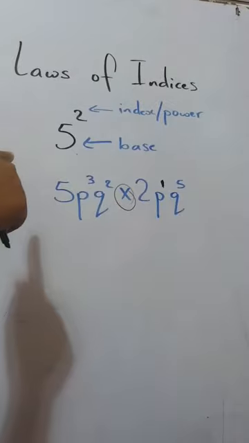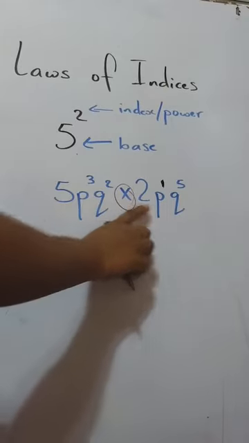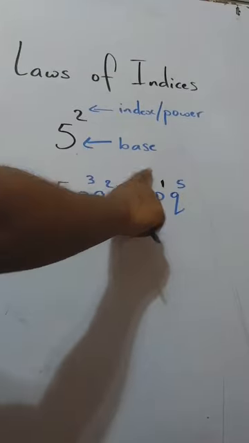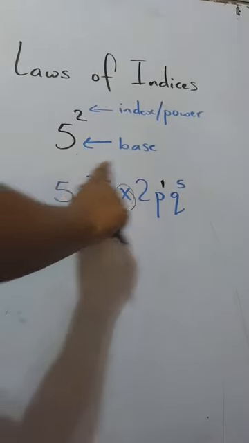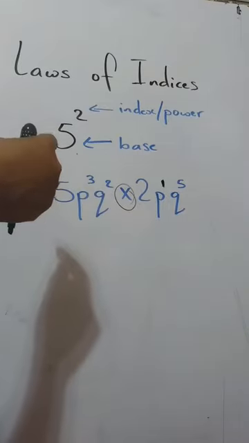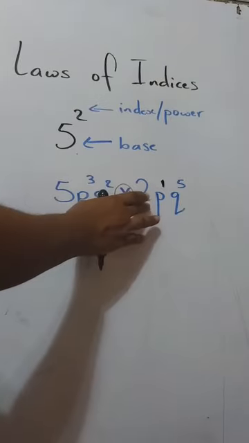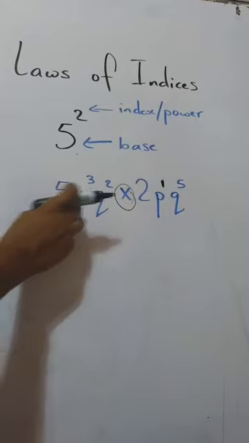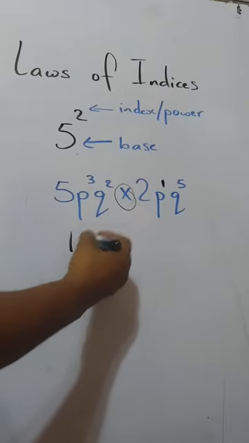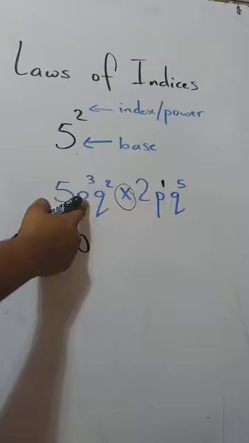Now notice before, with the ones that had different bases, I didn't multiply them because there were powers assigned to the index that didn't allow me to multiply them. But this number is just 5 because there's no index. This number is just 2, so I can say 5 times 2 will give me 10. That can be simplified. Now I'm going to look at what happens when I have a base of P here